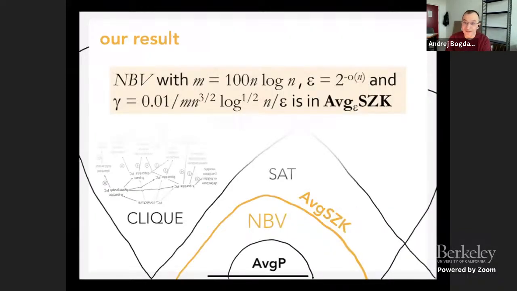What we show is that even though we don't have an algorithm, there is at least some regime of parameters, which I will explain, in which refutations do exist. In fact, this average case problem sits in average case statistical zero knowledge, so it's somewhere inside NP intersect co-NP. The setting of parameters here is you should think about n divided by m, the rate, as being slightly less than a constant. So this is close enough to what they get.